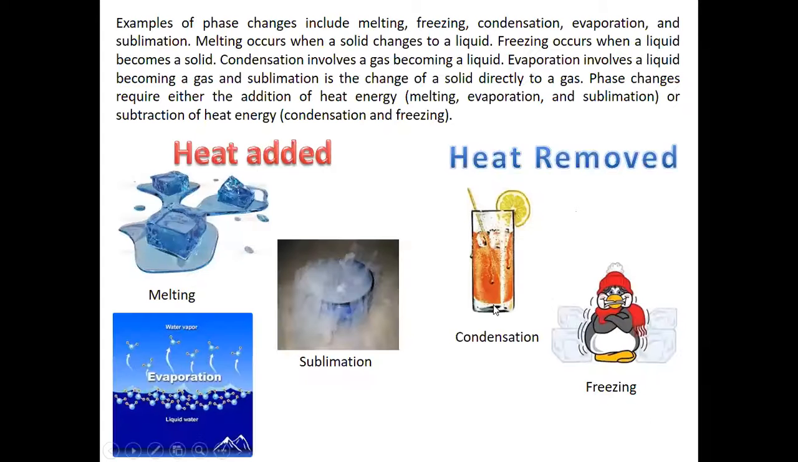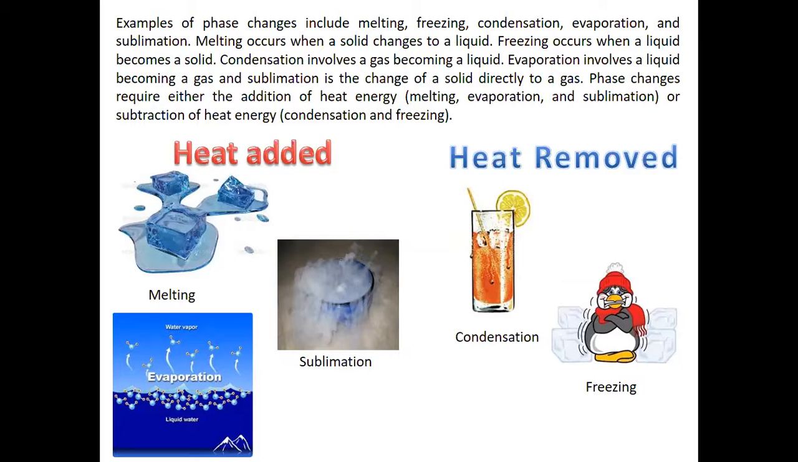So these can go from one phase to another. For example, a phase change might include melting, freezing, condensing, evaporating, and sublimating. Now, melting occurs when a solid changes into a liquid. Now, whether that's ice turning into water or solid piece of iron turning into liquid iron, it's still called melting,